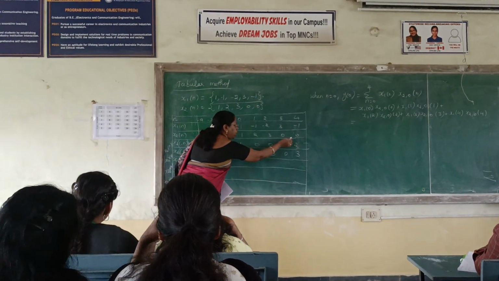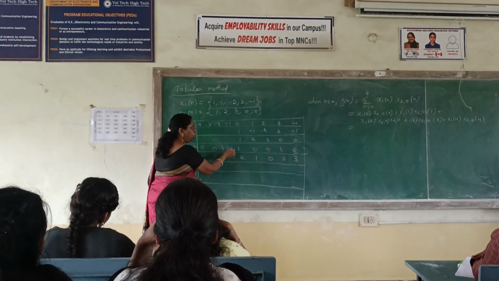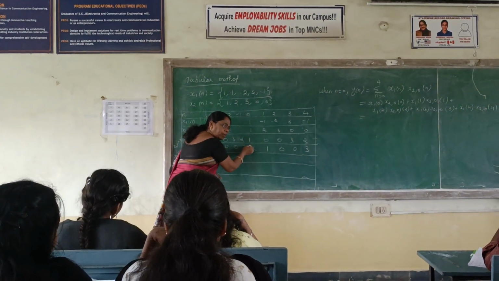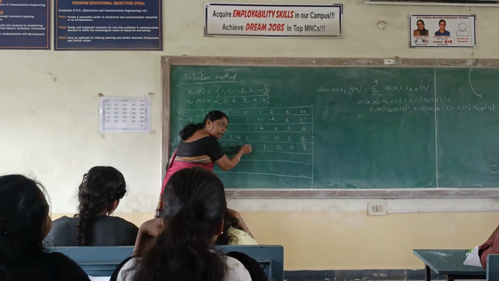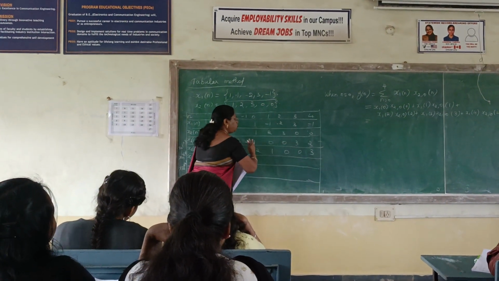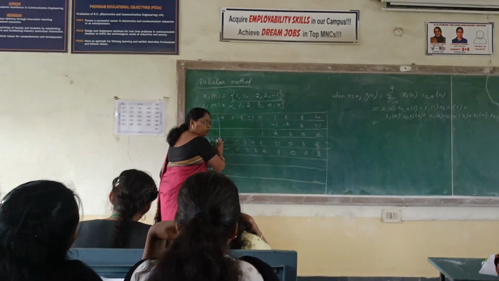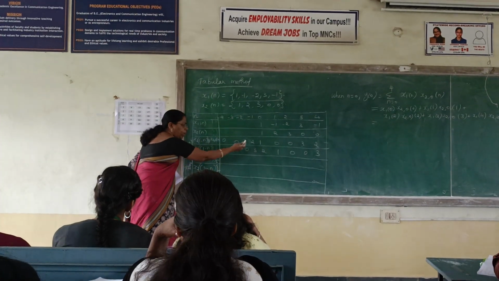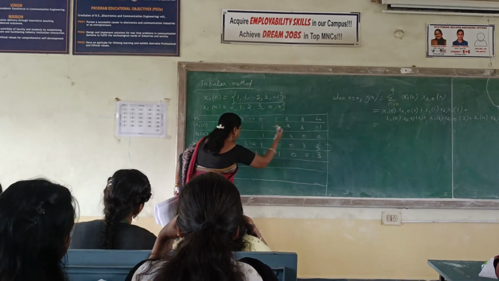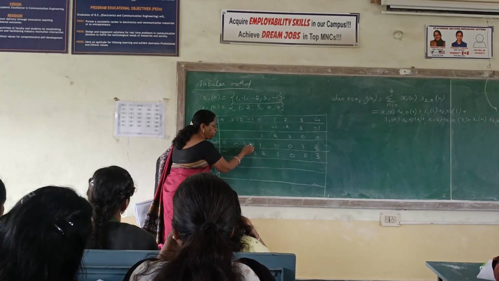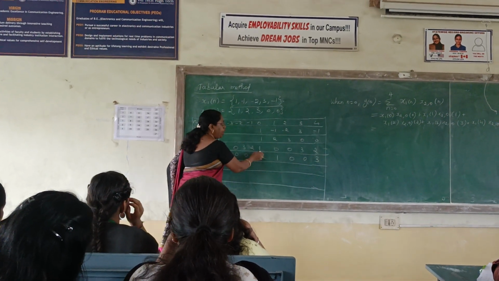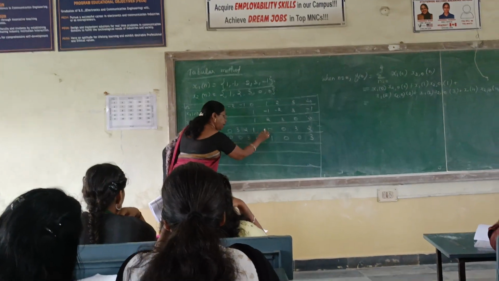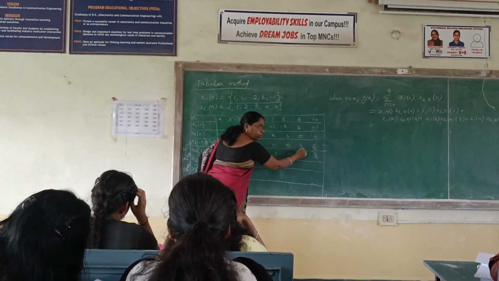Because of this, the sequence becomes 0, 0, 3, 2, 1. If you are having 4, you have to write the same 4 here. If you are having 3, you have to repeat 3 here. Is it clear? If you are folding this paper, this content will come this side. That will be reflected this side. So you have to write the sequence like 0, 0, 3, 2, and automatically this will go this side, before. So you have to write the same thing 0, 0, 3, 2.